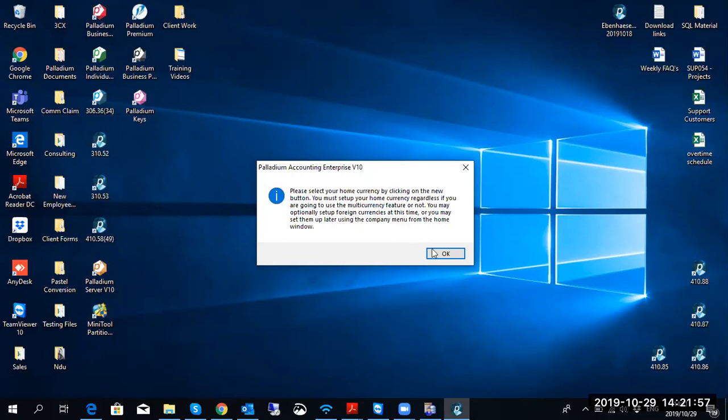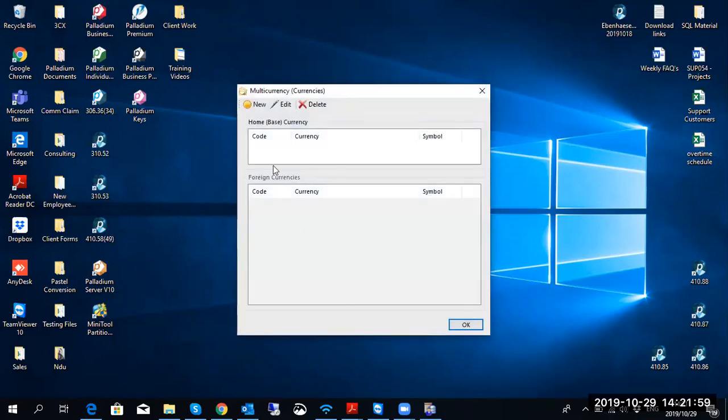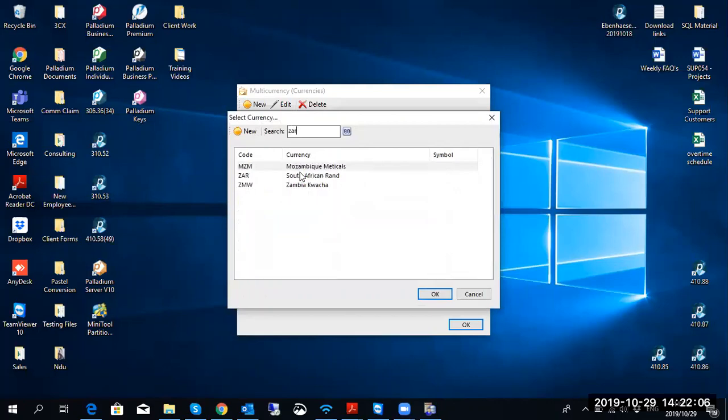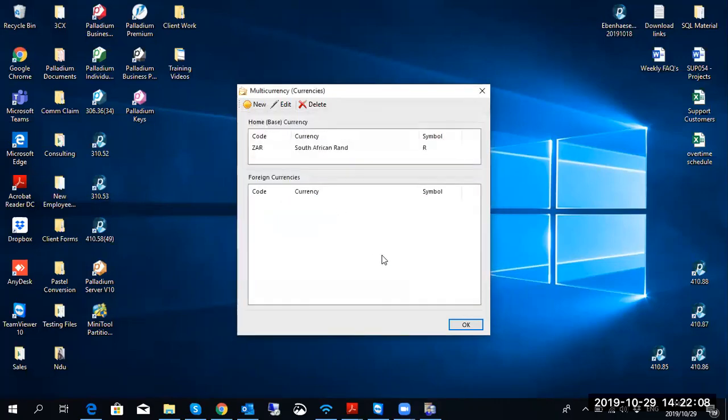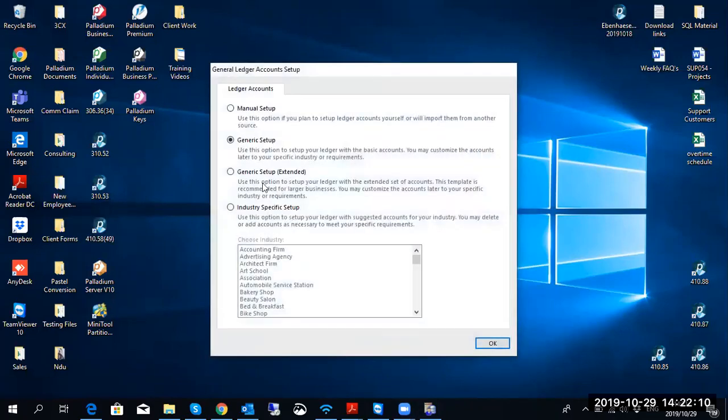So now it says, please select your home currency. This is also important to get right on initial creation. So I'll just use my South African Rand. I'll just have one currency. Then when it comes to my ledger accounts, my chart of accounts,